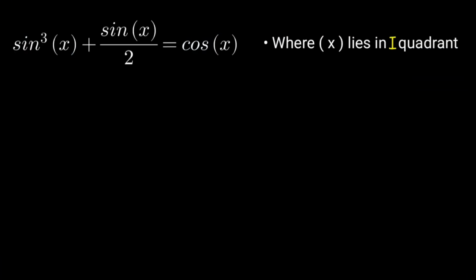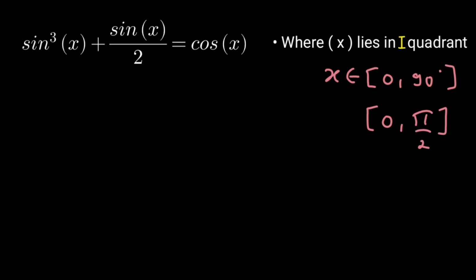So first of all, I will start the solution by giving the value x some boundaries. As it has been given that it is in the first quadrant, this means x belongs to 0, 90 degrees, or we can say x belongs to 0, pi by 2. This means whatever value of x we get, that should be in this particular range. Okay. So now the equation we have is sine cube of x plus sine of x upon 2 equals to